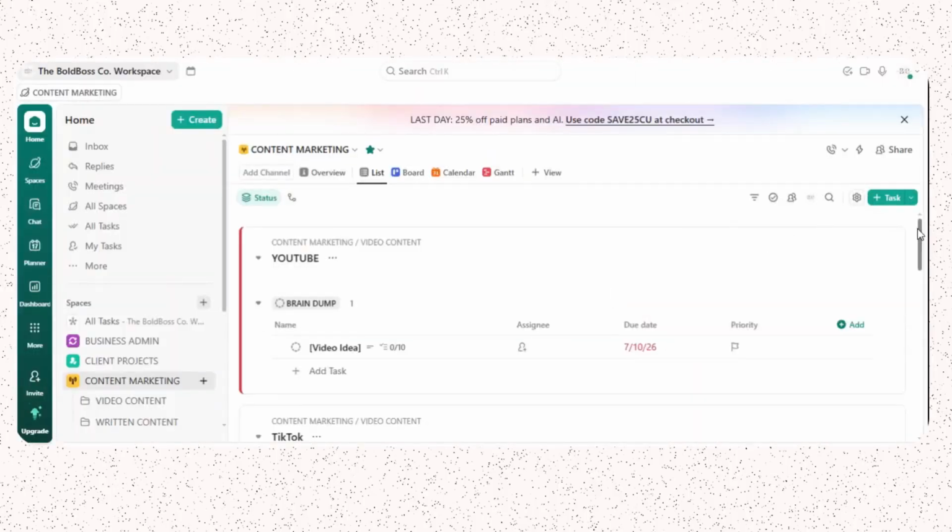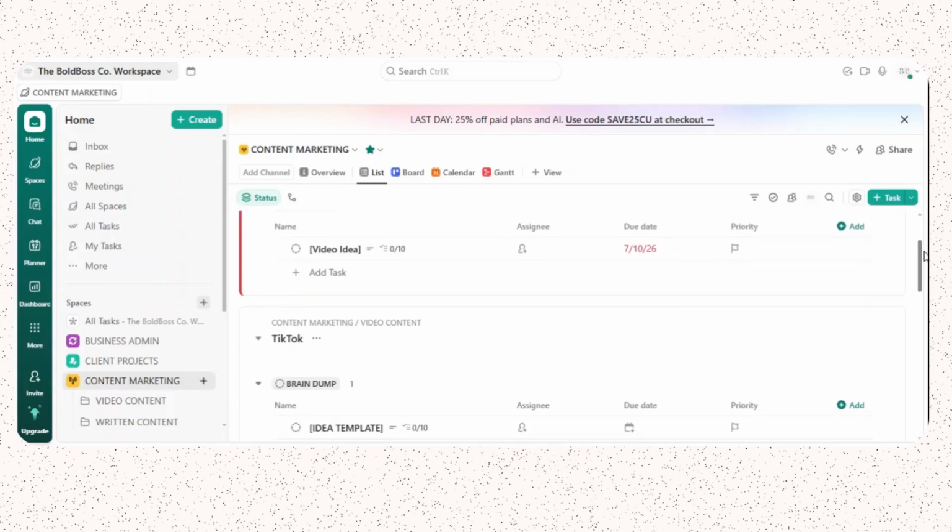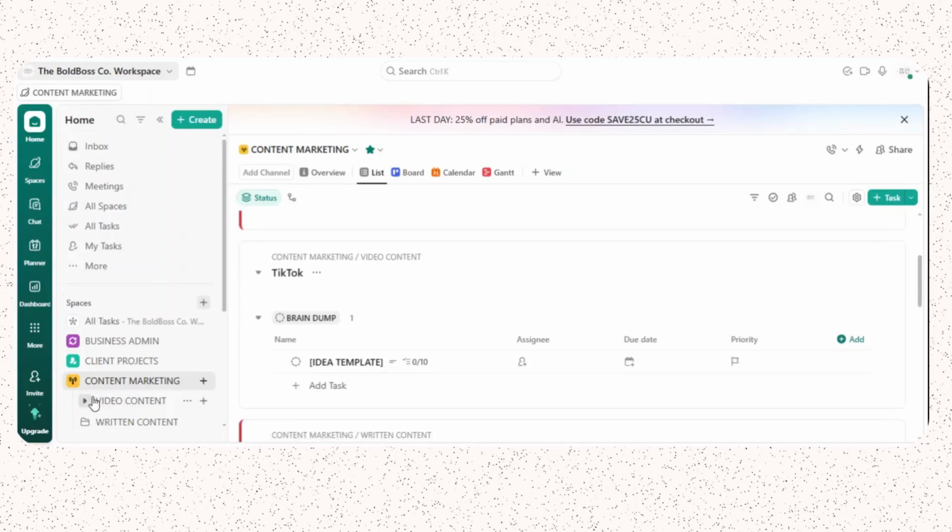So I use ClickUp for my video production and I use ClickUp to keep myself organized when it comes to how I create video content, whether that's on YouTube, TikTok, or even on Instagram or Facebook. I make sure that my ClickUp dashboard looks really, really well, which is going to segue us into the second phase. Now, if we jump into my ClickUp, you guys can see that I have this project set up, and if you're on ClickUp, the projects that you set up are not usually called projects. They're usually grouped and they're called spaces.